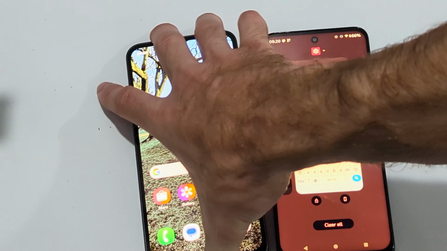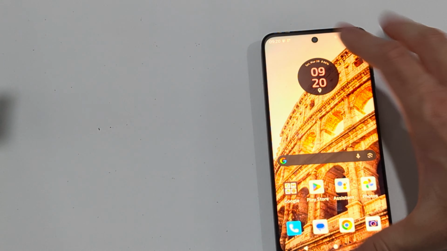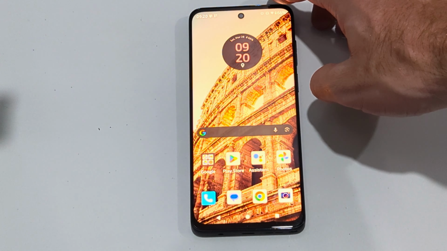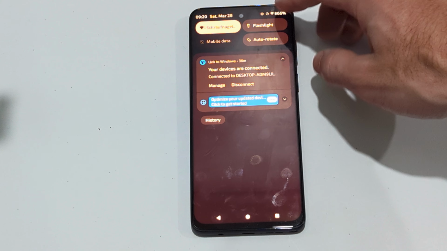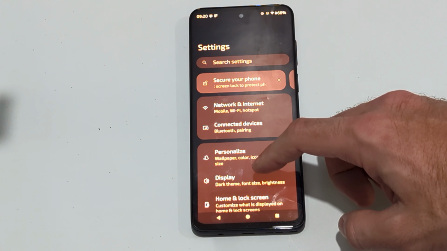Today in this video, I'm going to show you how to reset the home screen layout on your Motorola phone. So what we want to do is just swipe down from the top right. If we swipe down from the top right, we can go to Settings, scroll on down to All Apps,